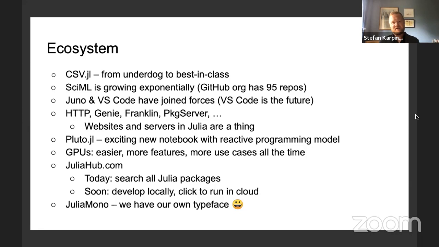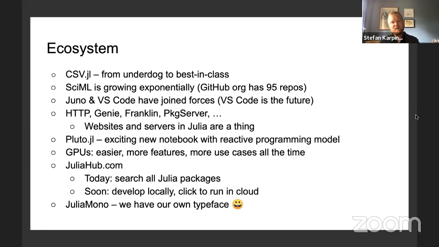There was a great talk yesterday about Pluto.jl. That's a new notebook system. Think similar to Jupyter, but with a reactive programming model, which is too hard to explain here, but it's similar to Observable notebooks, if anybody has heard of those. So it's a very cool bit of technology.